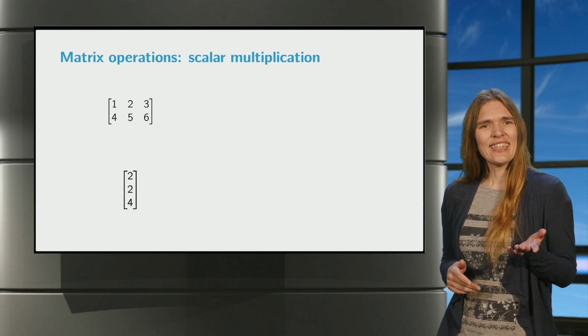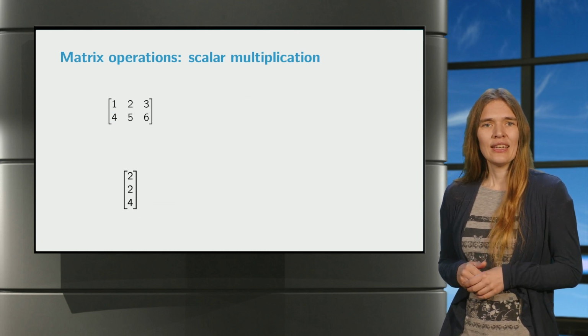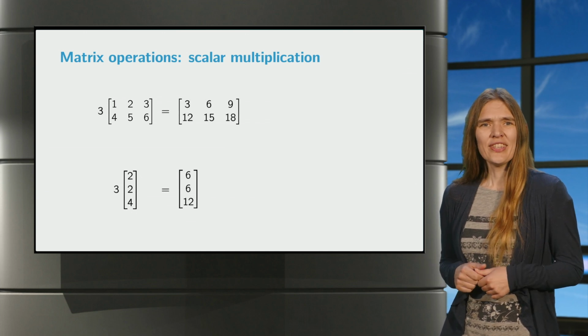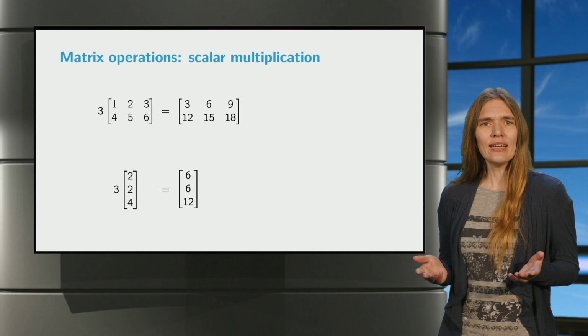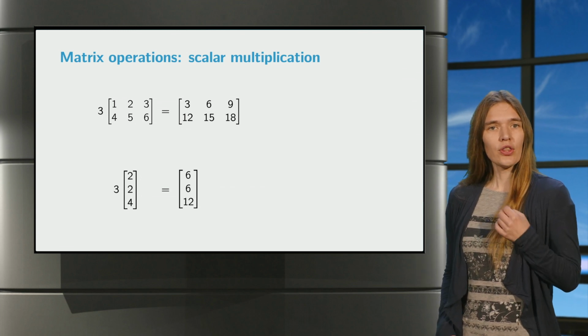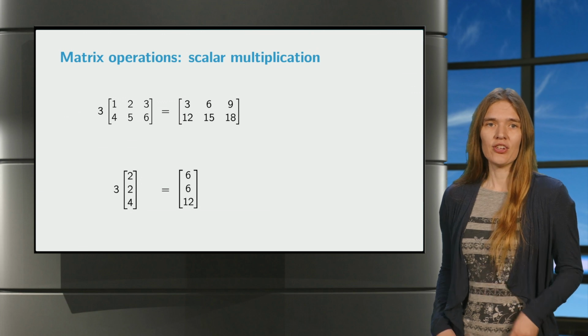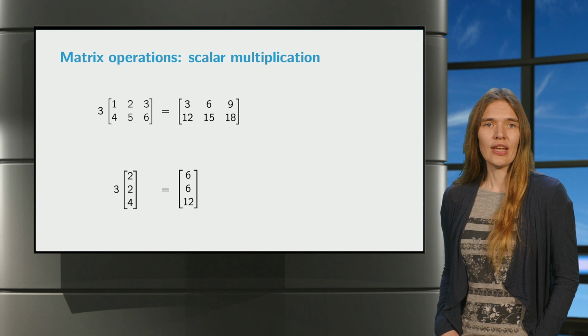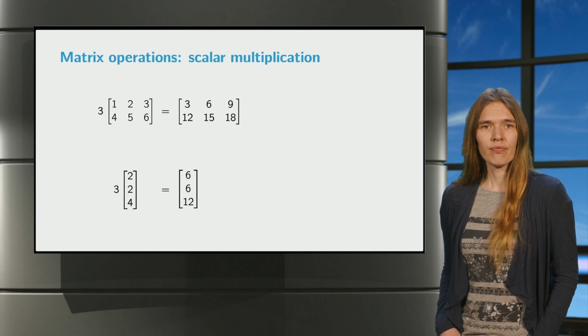You have also seen scalar multiplication of vectors. Every element is multiplied by the scalar. Once again, this operation can immediately be extended to matrices. In this video, we will focus on a third operation, multiplication. This will be a rather different procedure that does not follow the same element by element approach.